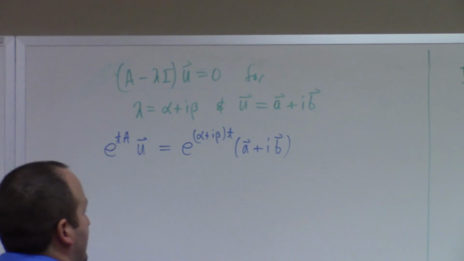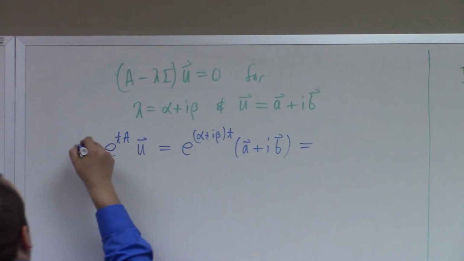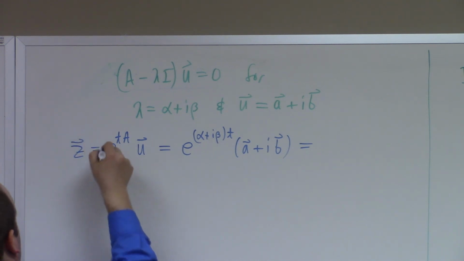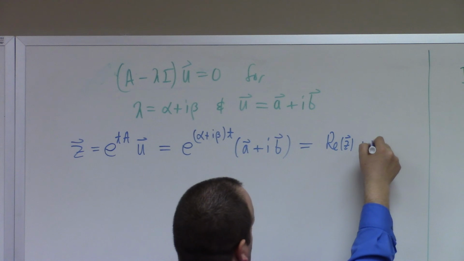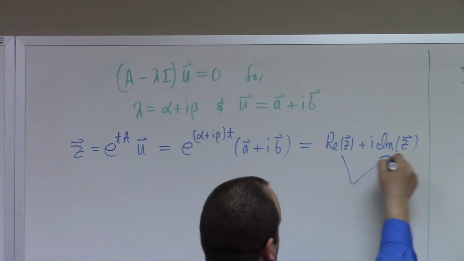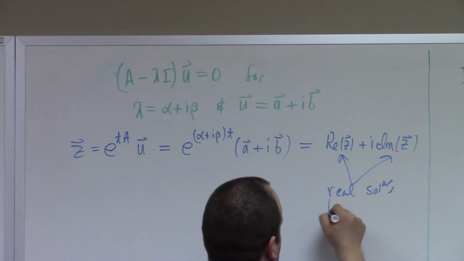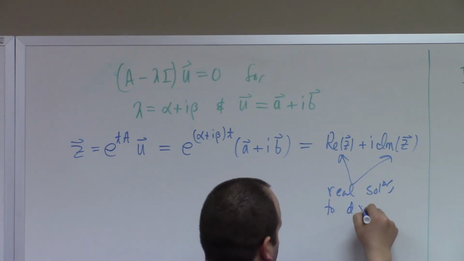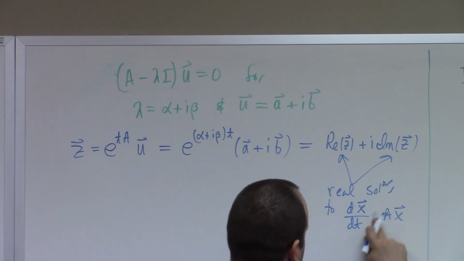That's a complex solution, and so I could call this thing z for the moment. The real part of z and the imaginary part of z will be separate real solutions to dx/dt equals Ax because of the complexification theorem,